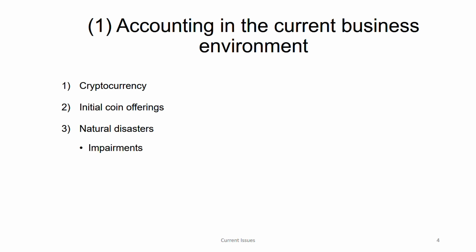So first, under natural disaster, I have broken it down a little more for you. Okay, this is like a summary, it's like a heading. Before I actually go deep into these topics, this is just a summary of what I'm going to cover. Impairment, because whenever a natural disaster happens, assets will be impaired, then because of that insurance also, you might have to claim additional liabilities, and going concern issue also will be there. So now let us move on to cryptocurrency, our first current issue.